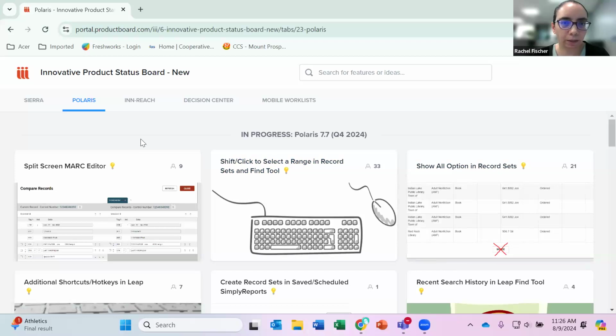Right, so this is the product roadmap for Innovative. You can see that 7.7 is in progress. This will come out in Q4, so we should be able to update to that sometime in the winter. I don't know exactly when we'll be updating to 7.7. We'll update training first, do QA to make sure it works properly, update our training courses, and then we'll update production after we've verified that there aren't too many bugs that will be a problem for us. So I'm going to paste a link to that product roadmap in the chat